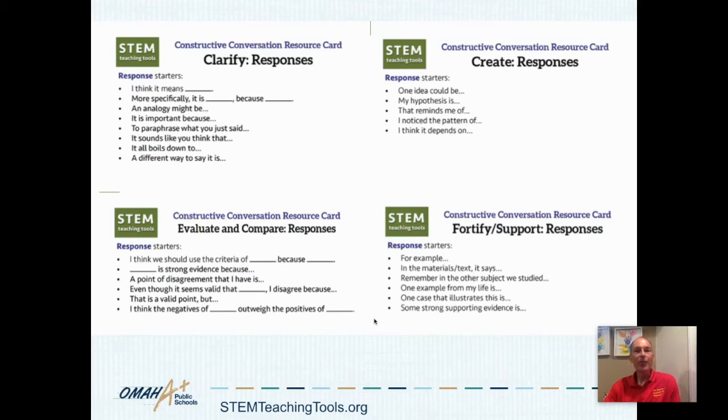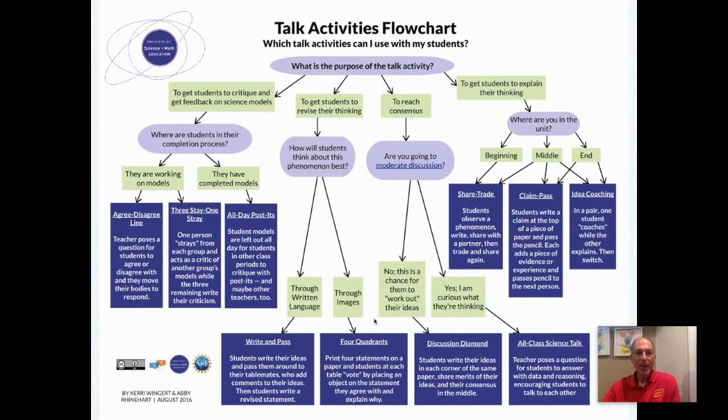It's also helpful for students in a physical setting or to put up on a screen in a remote setting to have cards or table tents available for small groups to start how to start their responses to practice these skills. So the STEM teaching tools provide these in the links that I have to their documents. And then a third tool from STEM teaching tools is this flowchart to assist teachers in determining some structures based on the intended purpose of the activity and where students are in the unit.